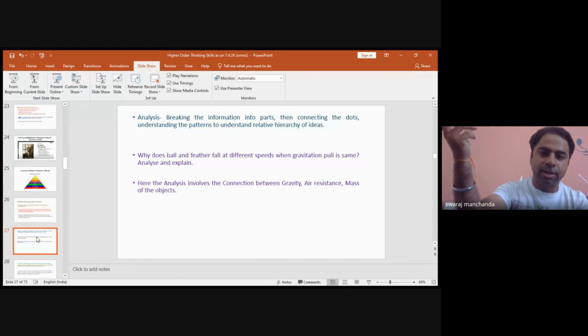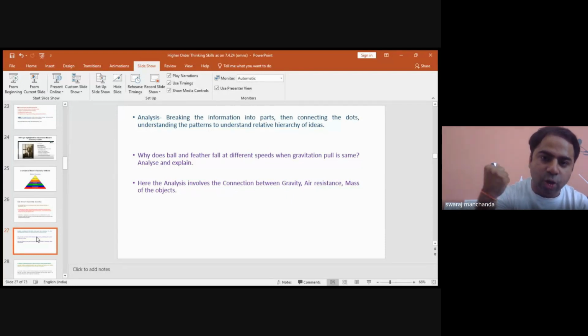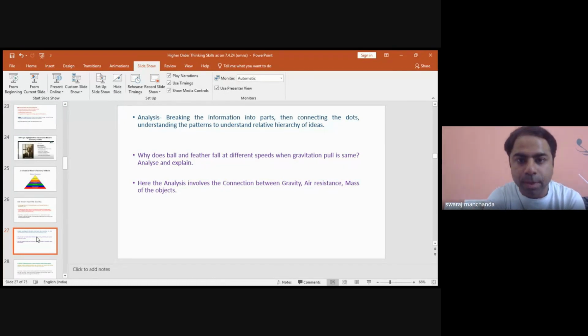Then you will relate it that there is one more thing in the environment apart from gravity, which is called air resistance. And there is one more concept related to gravity, which is called mass. These all three things are interplaying. In case of a feather, the mass is so light that even air resistance is able to hold it for some time. That's why it's falling slowly. But in case of a ball, the mass is such that air resistance is not able to hold it, and gravity wins and brings it back quickly. You need to tell these concepts through such examples.